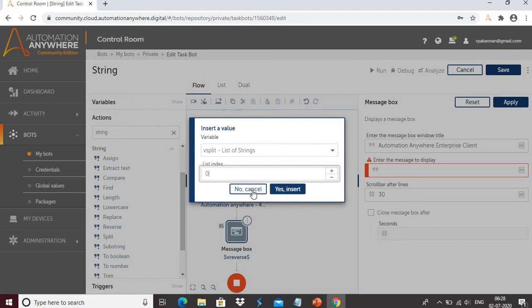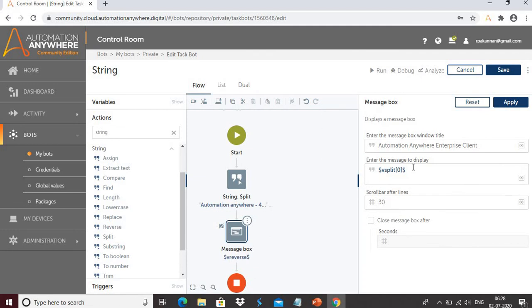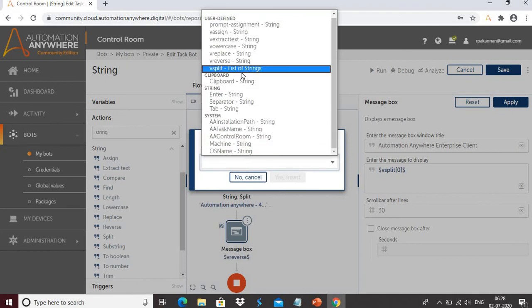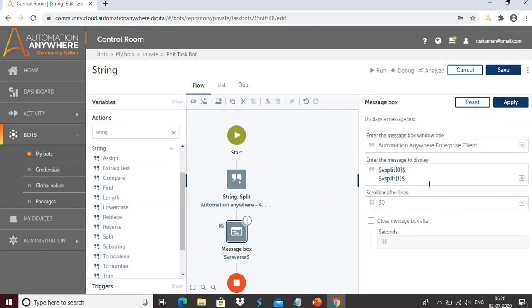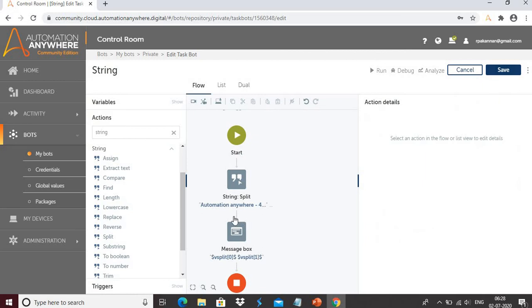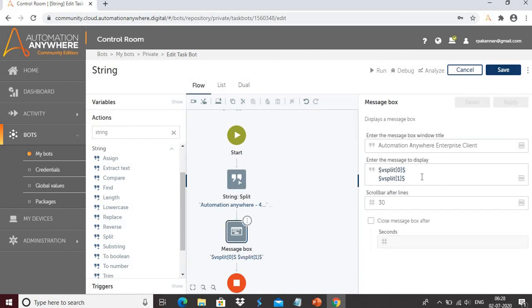For that, first select 0 and yes, insert, press enter or space, then again press F2, vsplit. At this time in the index I need a 1. So just click on yes, insert. Let me click on apply. So in the message box we have put two items, vsplit 0 and vsplit 1.